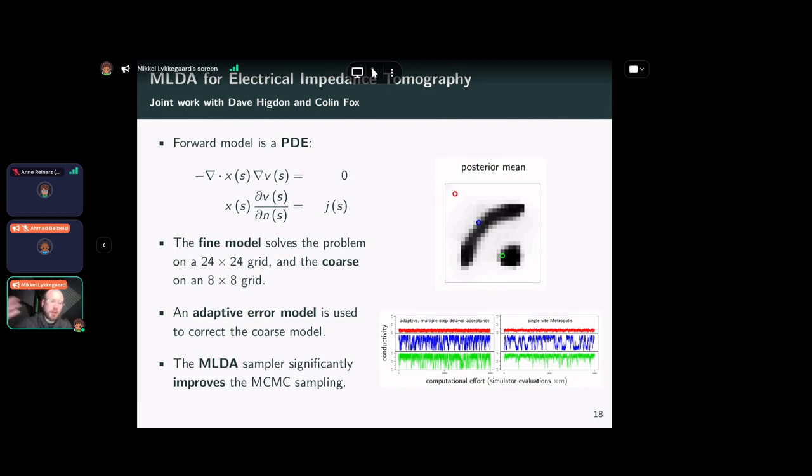So here the coarse model really was the driver to produce a good proposal for the fine, because you always still check correspondence with the prior using the coarse.